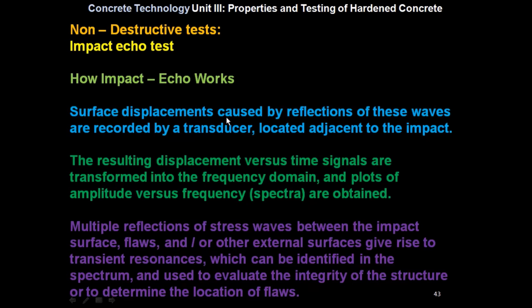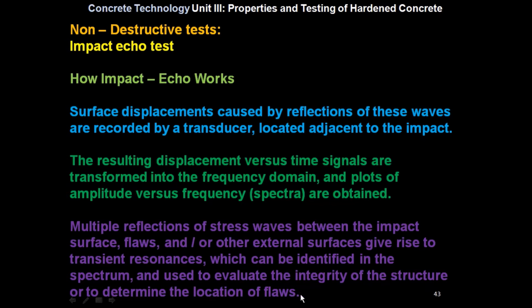Surface displacements caused by reflections of these waves are recorded by a transducer located adjacent to the impact. The resulting displacement versus time signals are transformed into the frequency domain and plots of amplitude versus frequency spectra are obtained. Multiple reflections of stress waves between the impact surface, flaws, and or other external surfaces give rise to transient resonance, which can be identified in the spectrum and used to evaluate the integrity of the structure or to determine the